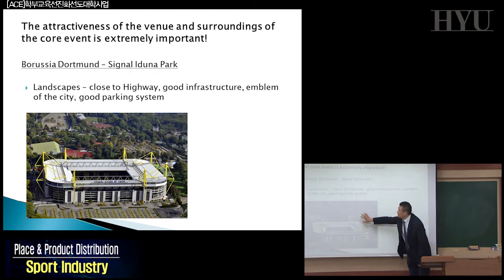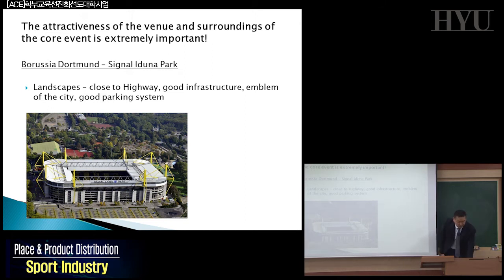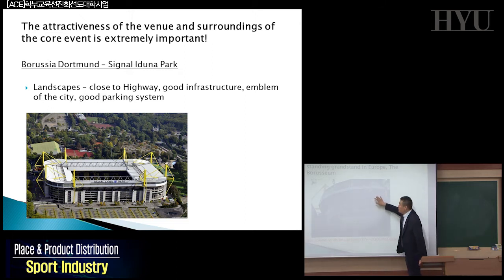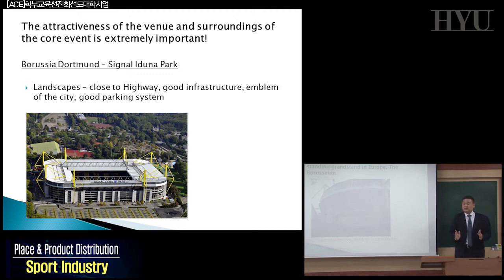This stadium is the German Borussia Dortmund home facility, Signal Iduna Park, right? That's the general shape of the home park, okay? Regarding the artifacts, the symbol color of Borussia Dortmund is yellow, so that's why there is the yellow wall. And that yellow wall is very, very unique. Signal Iduna Park has the largest freestanding grandstand in European